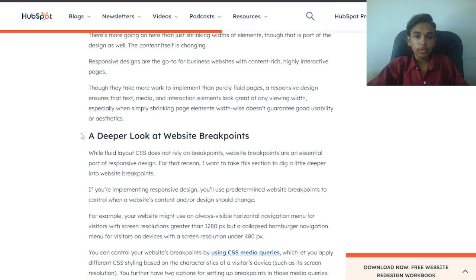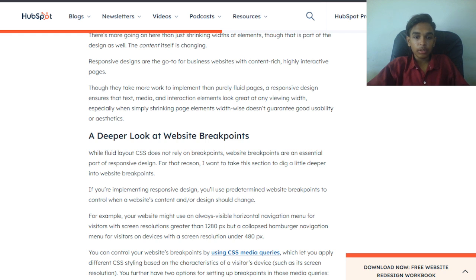A deeper look at website breakpoints. While fluid layout CSS does not rely on breakpoints, website breakpoints are an essential part of responsive design. For that reason, I want to take this section to dig a little deeper into website breakpoints. If you are implementing responsive design, you use predetermined website breakpoints to control when a website's content or design should change.